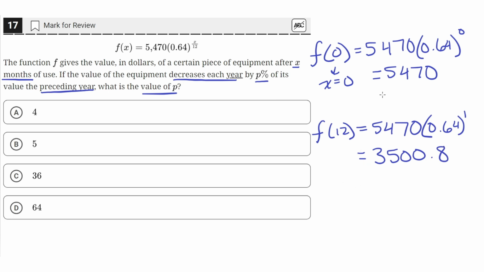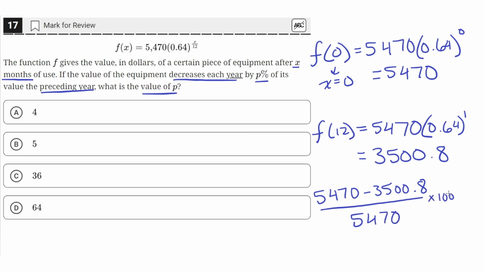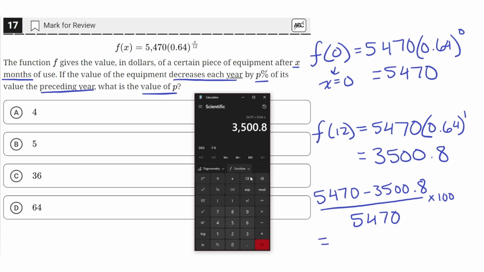Okay, so now we see that the value decreased by some amount. So let's find that percentage. We can do that by dividing the difference. So we'll just find the percentage change. So 5,470 minus 3,500.8. So that's the change. And then we need to divide that by the initial amount, 5,470, and multiply that by 100 to get the percentage change. So when we put this into our calculator,